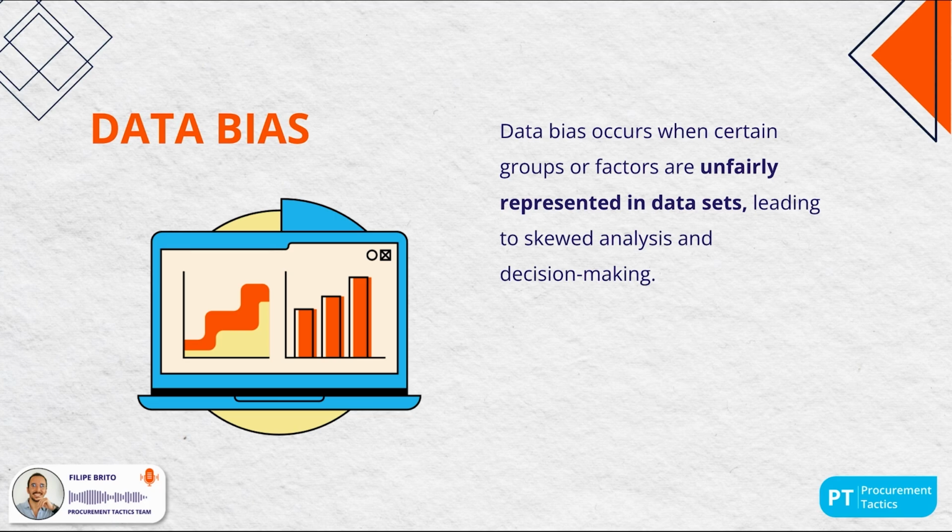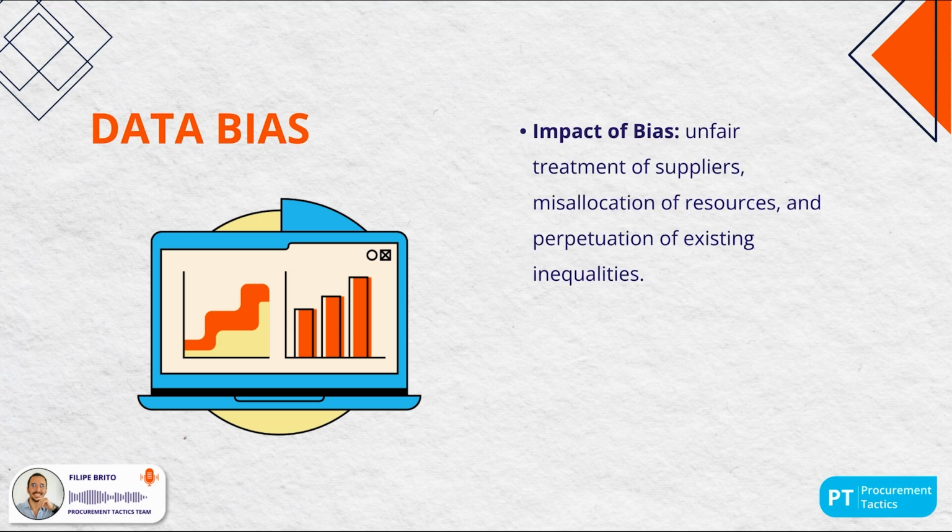Data bias occurs when certain groups or factors are unfairly represented in data sets, leading to skewed analysis and decision making. This can manifest in various ways, such as historical data reflecting past prejudices or biases introduced by the design of algorithms used for analysis. Data bias can lead to unfair treatment of suppliers, misallocation of resources, and perpetuation of existing inequalities. For instance, if an analytics model is trained on biased data, it might unfairly disadvantage certain suppliers based on location,